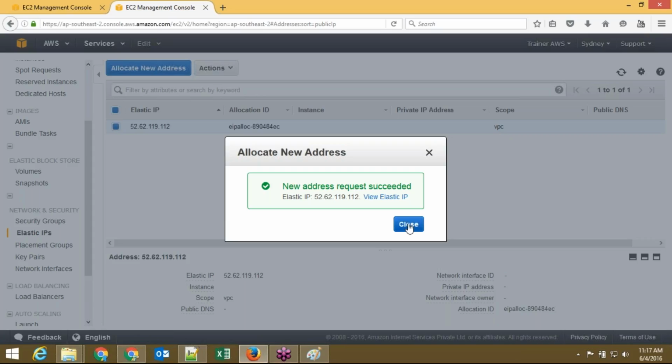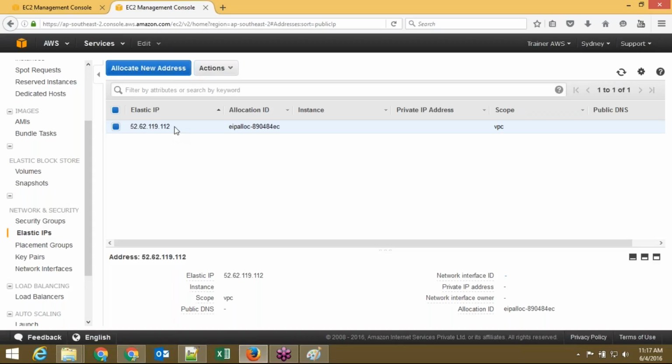So you just see that it's just close. You can see that 52.60.119.112 we have created. So elastic IP means we can